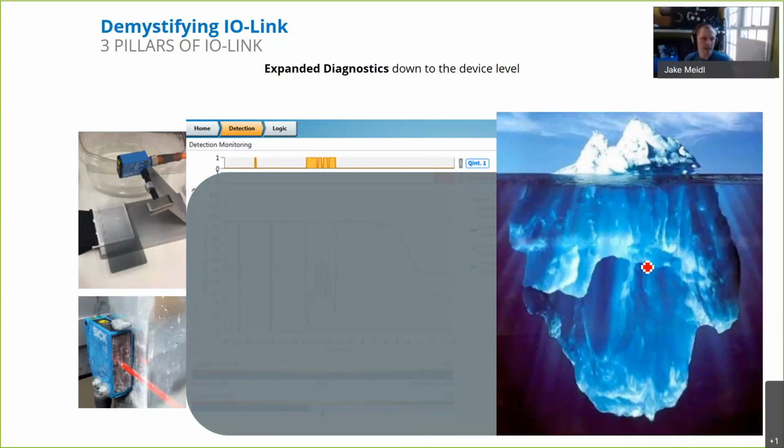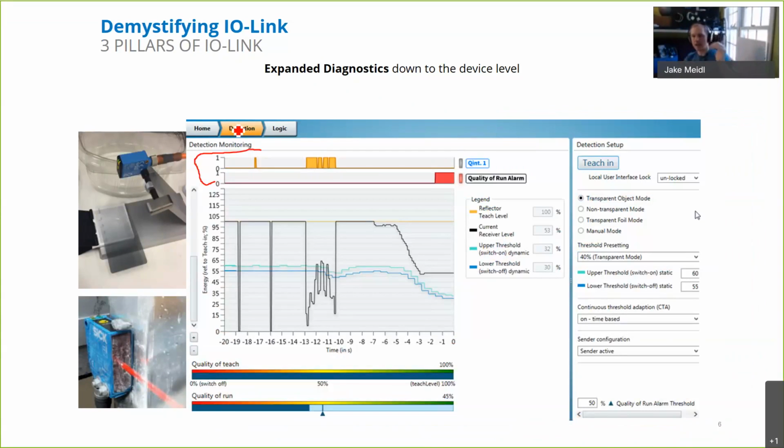Today, I'm showing you a look at a clear material sensor that's looking at a reflector. As that sensor sees dust build up on that reflector, the light level, that's this black line right here, starts to trend downwards. It'll trend down over time, and actually most sensors today have a threshold that can automatically adjust. That threshold is the blue and the green line there. They'll adjust down as well. If you don't know what's going on in your machine, that threshold could be changing like crazy, and you might be